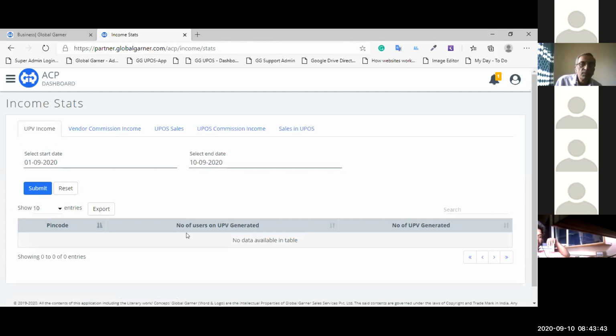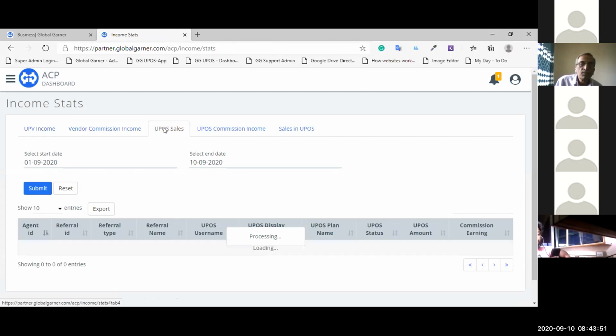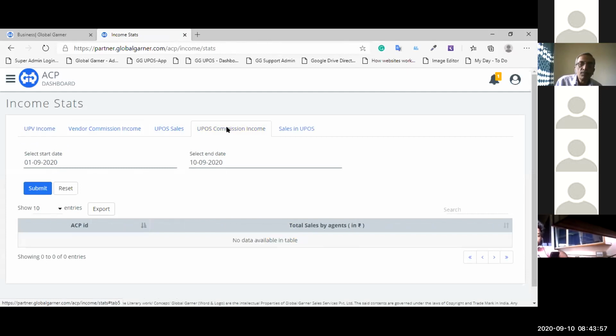You can see the details of all the incentives and the commissions that you have earned. So UPV income, vendor commission income, the commission that you have earned from UPOS sales, and monthly UPOS commission income. And lastly, whatever sales is happening in the UPOS which has been sold by you or your team, you can view that also in income stats.